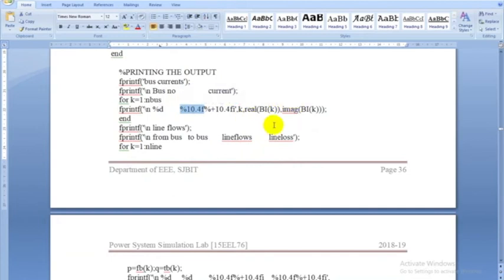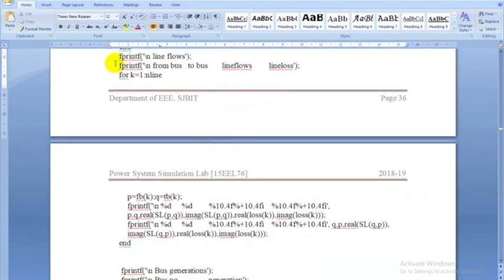Complex value is there, no? So if the complex value is 2 plus j3 and you want to pick only the real part, then real of that variable, imaginary of that variable. Real is a built-in function, imaginary is a built-in function. So real of any complex number, only the real part it will pick, with a specification of 10 spaces, 4 spaces for decimal, that is a float value.